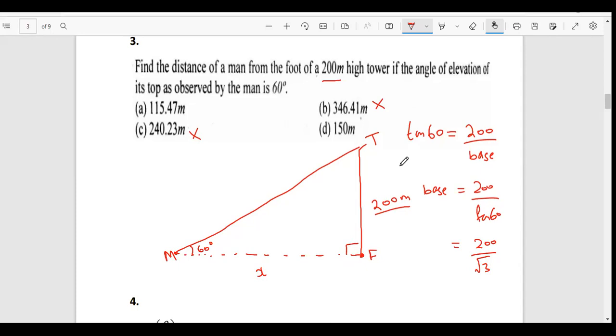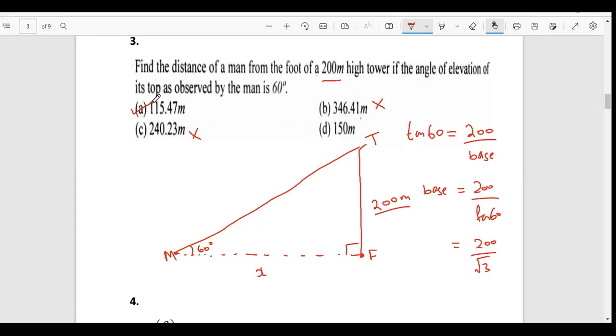That root 3 would be approximately 1.6, like it would be greater than 1.5, right? So the answer should be less than 150. And that is how the answer is A. You can take your time and do the entire long division, but that would take a lot of time. So you need to think about such questions logically, that you ended up having 200 divided by root 3,